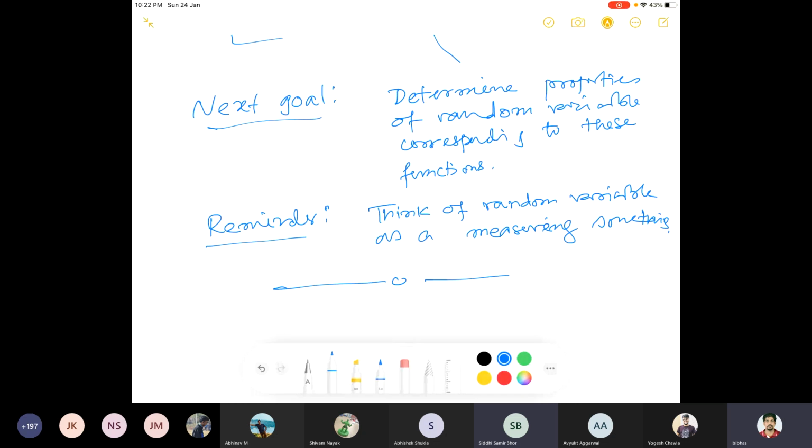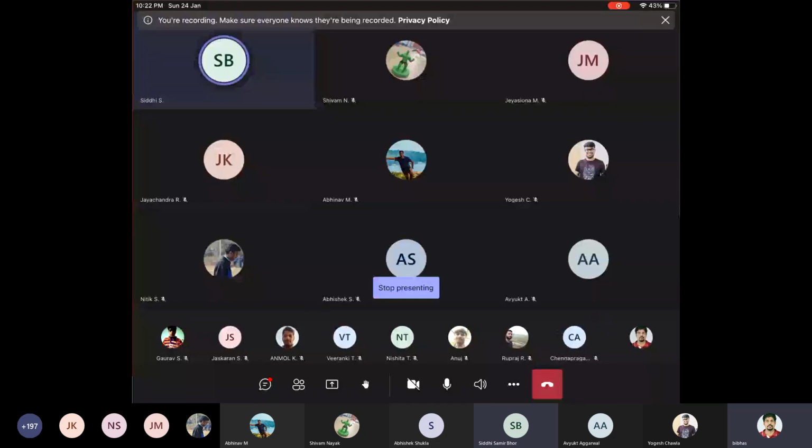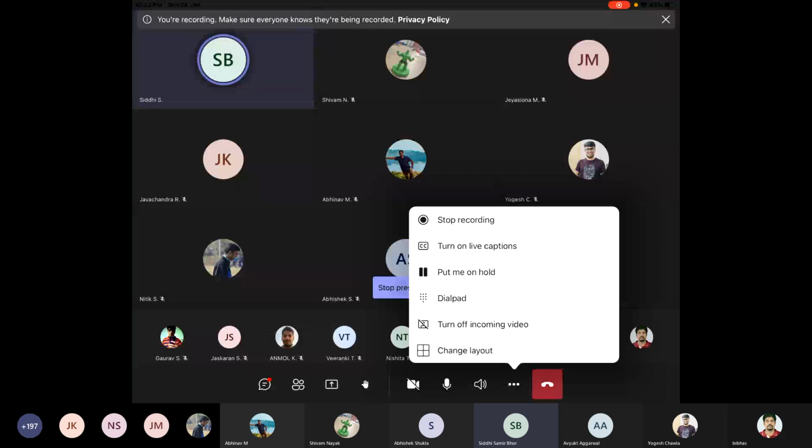Yeah, so I had a doubt. So, in the example of heating a